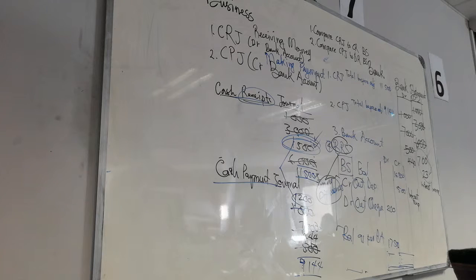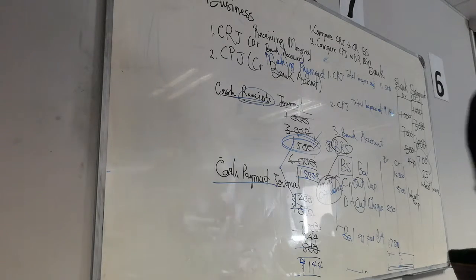Which differences are adjusting differences? Bank charges? No. Interest? No. What sort of difference is called an adjusting difference? Not the item that is an adjusting difference. Donations? No. Don't tell me the item. Tell me the class, a class of transactions that we will classify as adjusting difference. When the bank statement has a higher amount than the CRJ? No, it's when the bank statement recorded something and we don't have it in the books.